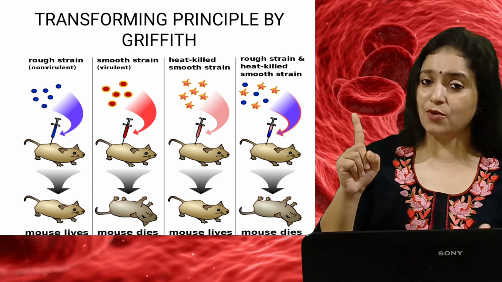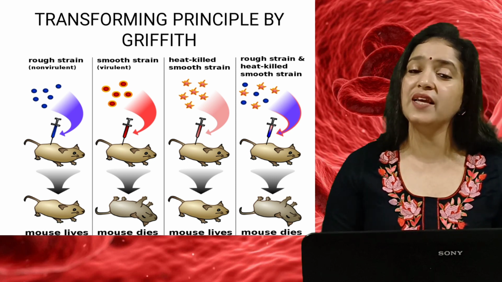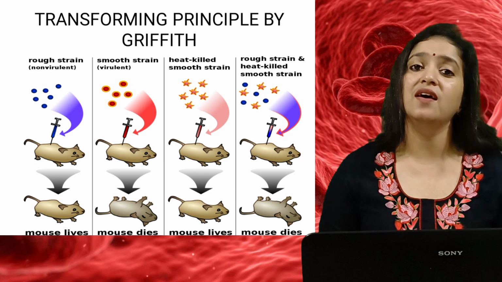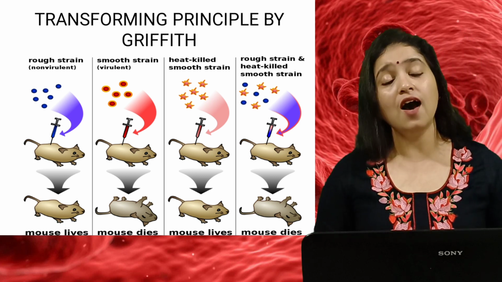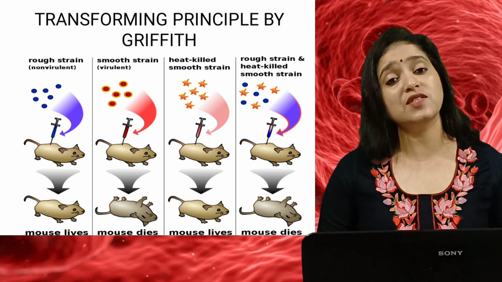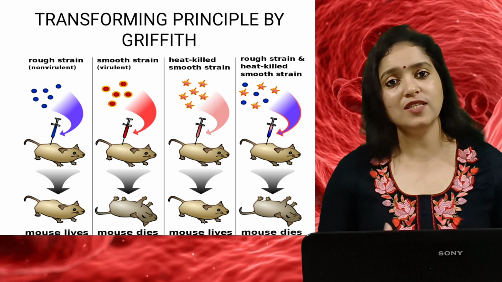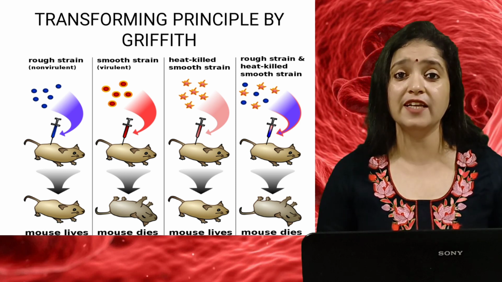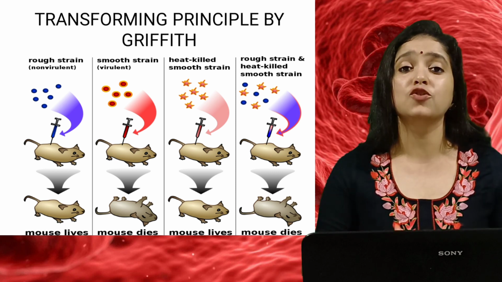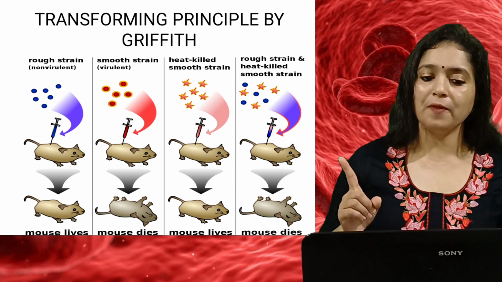So which questions can be asked from this area? Like, illustrate or explain the experiments conducted by Frederick Griffith in order to prove DNA as a genetic material, or else explain the transformation principle. That is also the same thing. Or sometimes, which are the organisms Frederick Griffith has taken to prove DNA as a genetic material. So you can see here